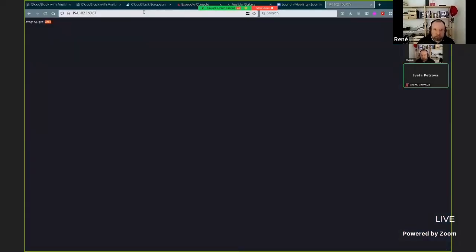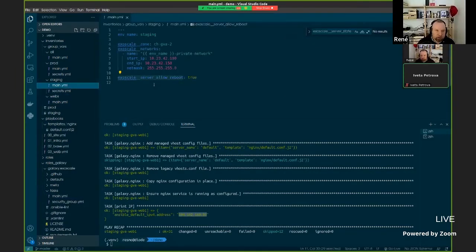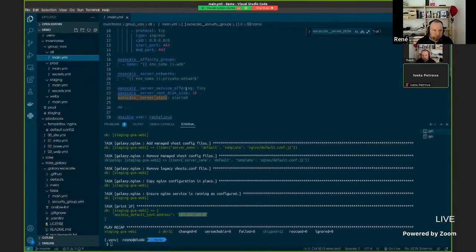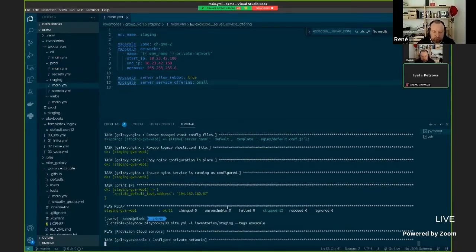Now, if you go back to our staging setup, we say that we'd like to change the default offering here in staging groups to something different than tiny. So let's say small. And if I execute it with only the Exoscale parts,